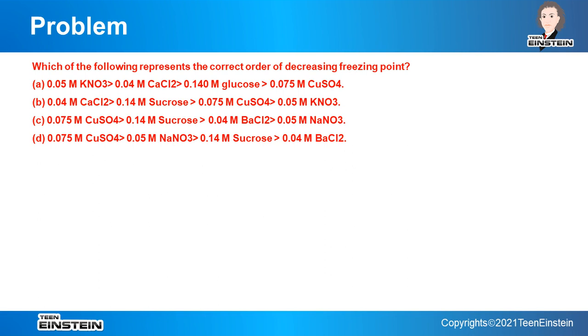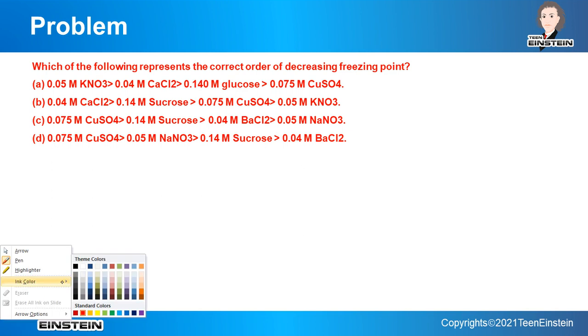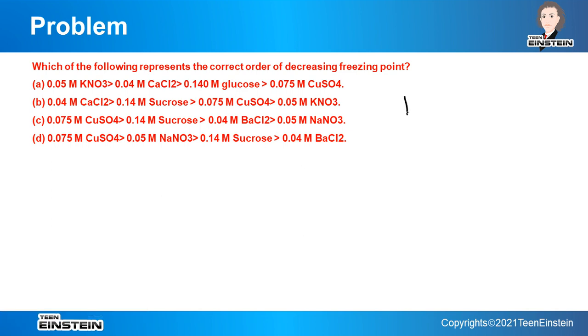The question asks which of the following represents the correct order of decreasing freezing point. Here we have a total of 4 compounds: KNO3, calcium chloride, glucose, and copper sulfate. Their concentration is given in molarity, and we have to arrange them in decreasing order of